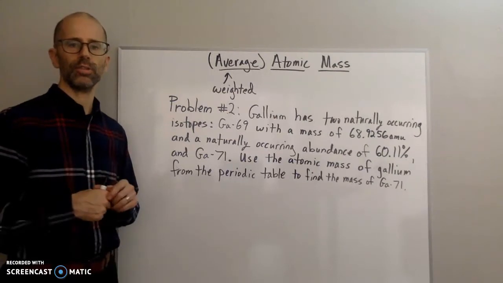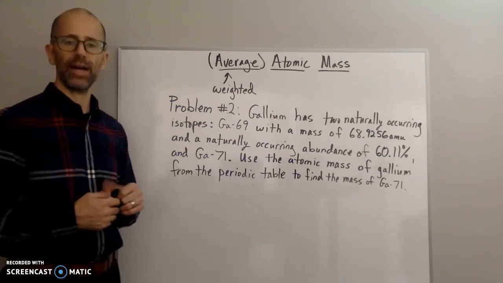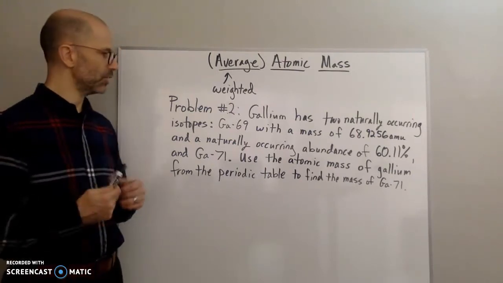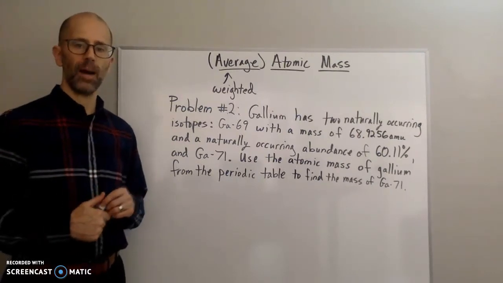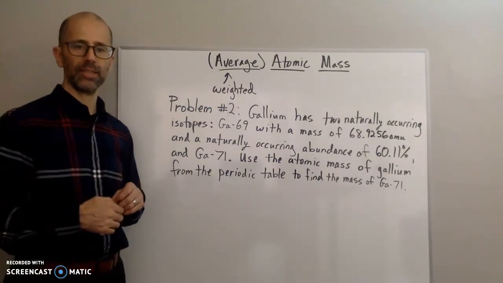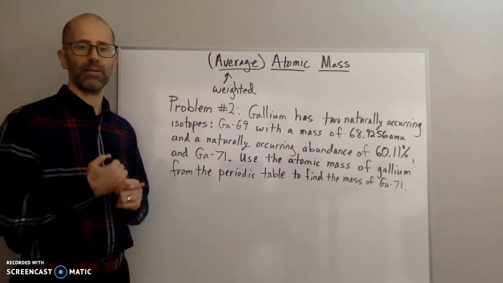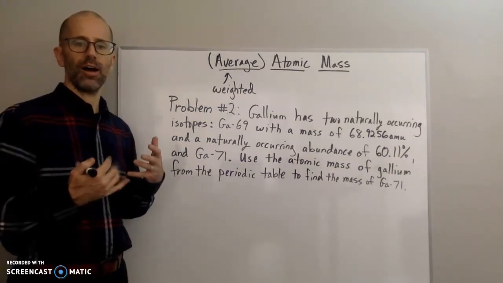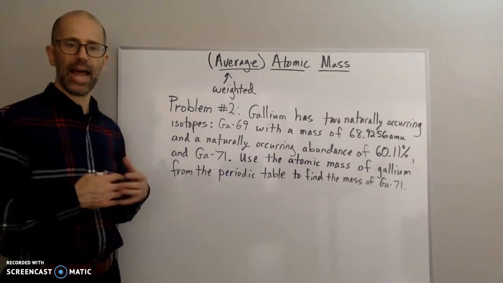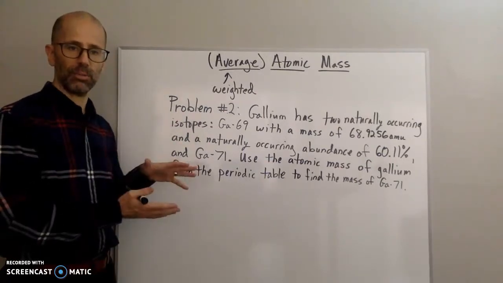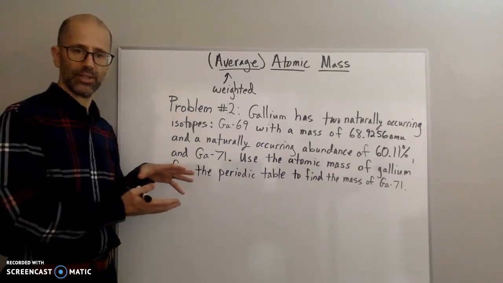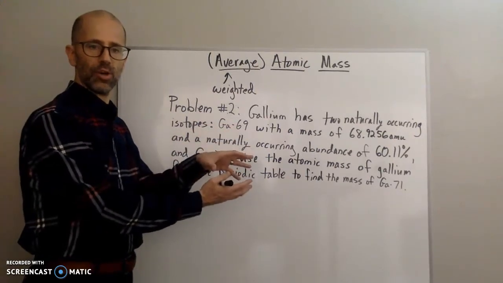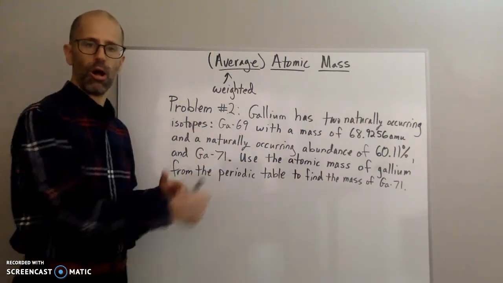I am Mr. Cobalt, and in this video I am going to do my second problem involving the average atomic mass. Now this one is less straightforward, but if you remember from the last couple of videos, when you're trying to figure out the average atomic mass, you have a formula that you can use. Remember, the average atomic mass is going to be the fractional abundance of one isotope multiplied by its mass plus the fractional abundance of another isotope multiplied by its mass,